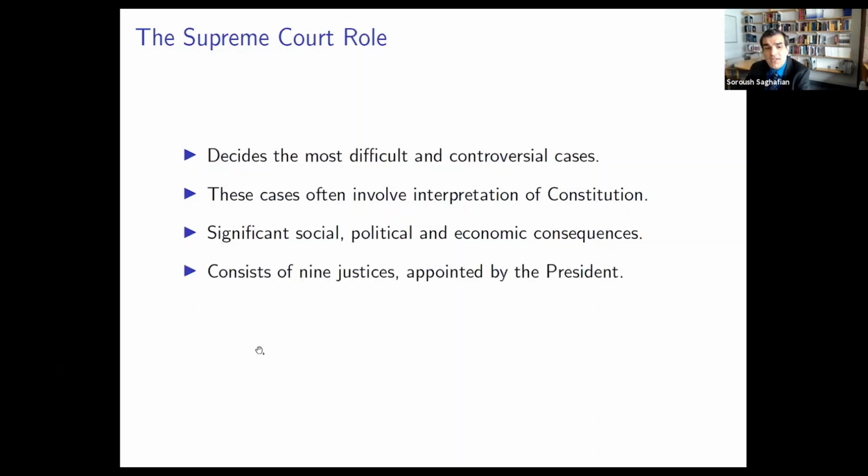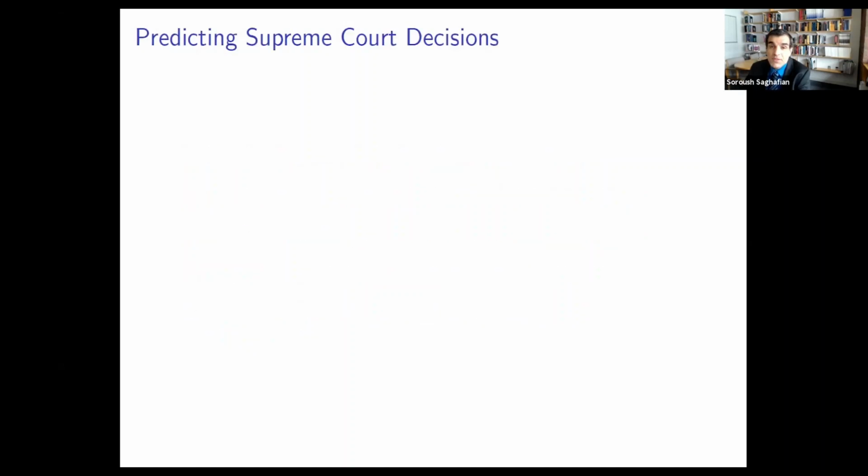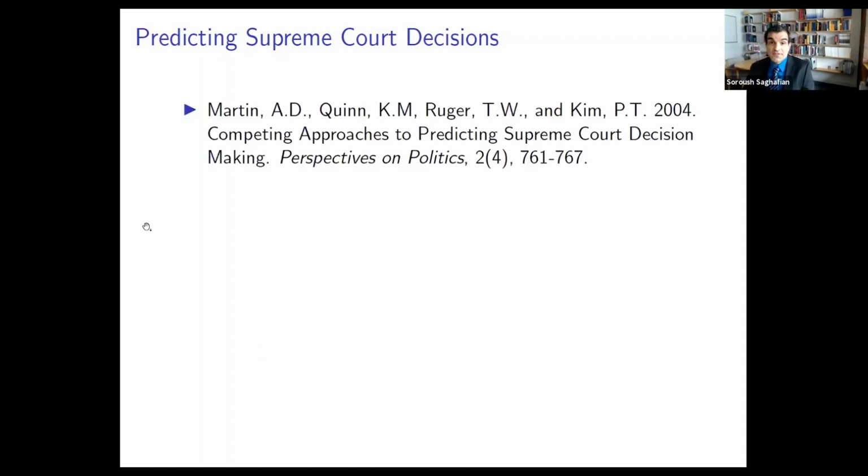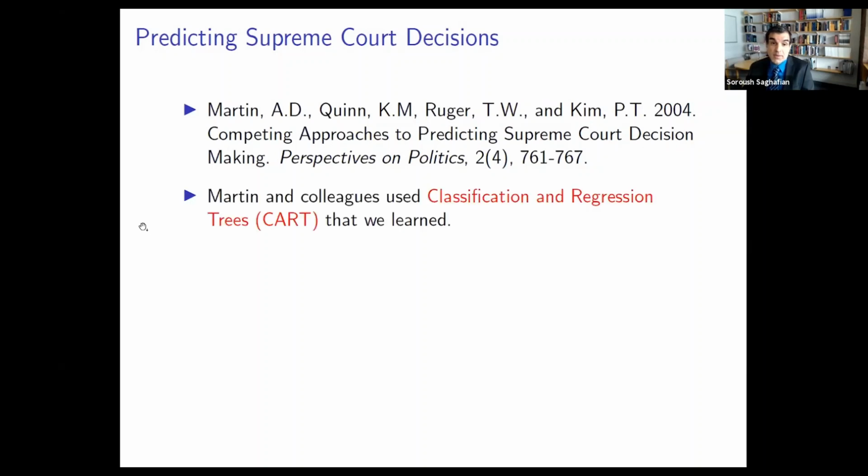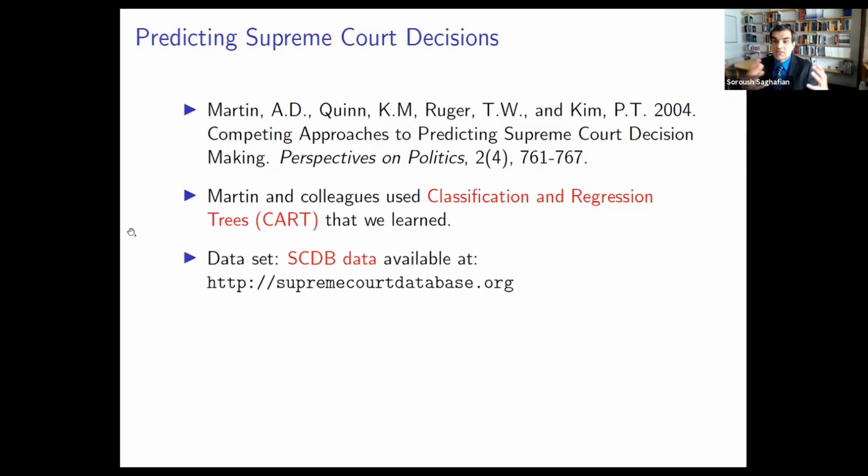The Supreme Court has 9 justices. They are appointed by the president, and they have different views of what should be followed. But with machine learning techniques, we now have a better understanding of how the Supreme Court justices vote, and that can have several advantages. Here are some papers that use machine learning techniques to predict how Supreme Court